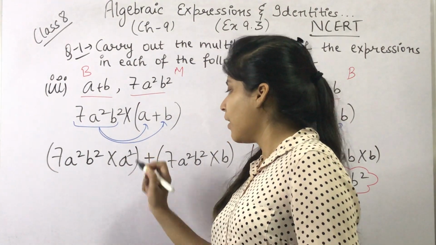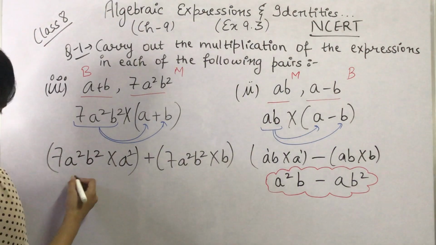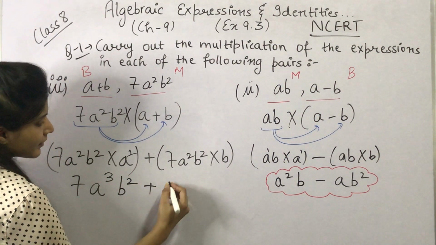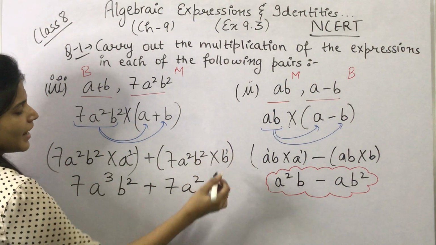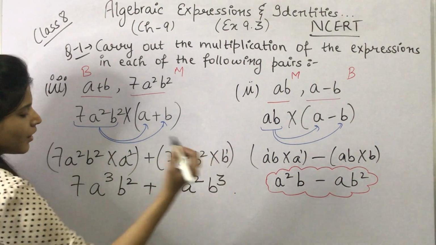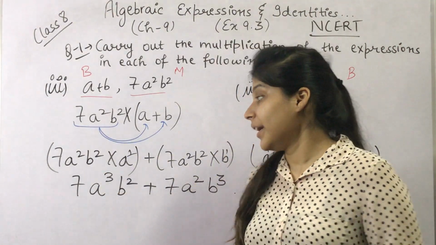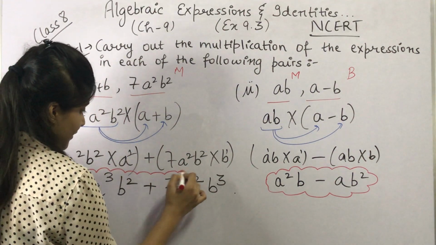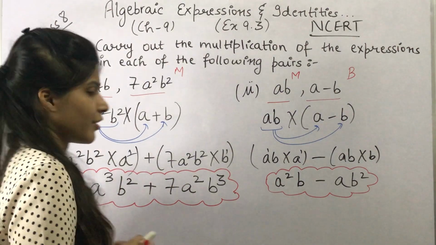we have a 1 time, so a total हो गया 3 times, so 7 as it is a cube b² plus again 7 as it is a² as it is, अब यहाँ पे b है 3 times, so b cube, so this is the answer, okay। 7a cube b² plus 7a² b cube, this is the answer। Now again children,